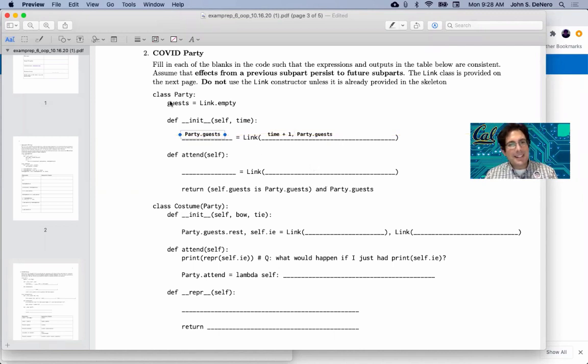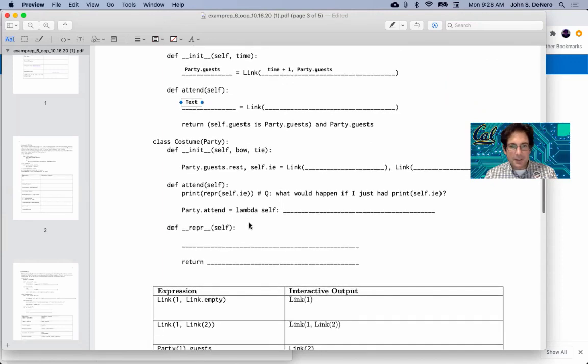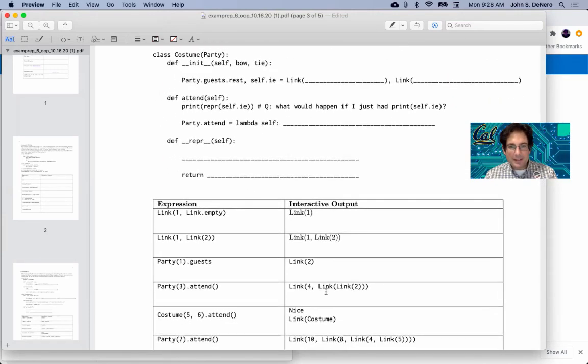So this just makes a linked list of numbers. Every time you call party, you get another element. Now, why is it that guests and time are somehow related? I have no idea, but I didn't write this problem, so here we are. Now we have to think about this nested structure. How could it be that